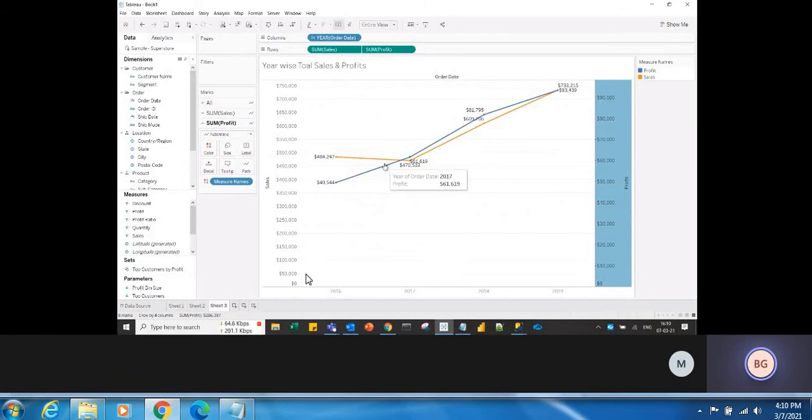Okay, so it also creates the individual mask card, like how the individual axis creates the extra mask card. So similarly, even this also will get created. Okay, and using the dual axis, you can compare only two measures. Okay, you cannot compare more than two measures. That's the reason the name itself indicates it is dual. Dual means two, right? So dual axis. Okay, so this is one way of creating.